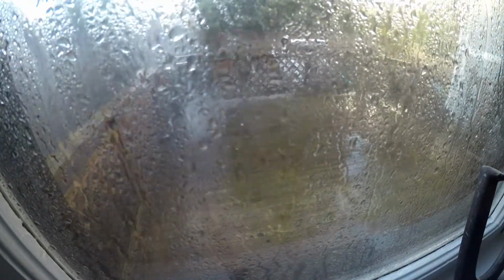I'm trying to make this house look as nice as possible, and that just was not going to happen with a deck that is covered in moss and lichens and black mold and what have you. So I am going around and systematically washing all of the individual pieces of lattice, and it's doing a remarkably good job on that. Some of the wood is old, so there's going to be black stains from the metal